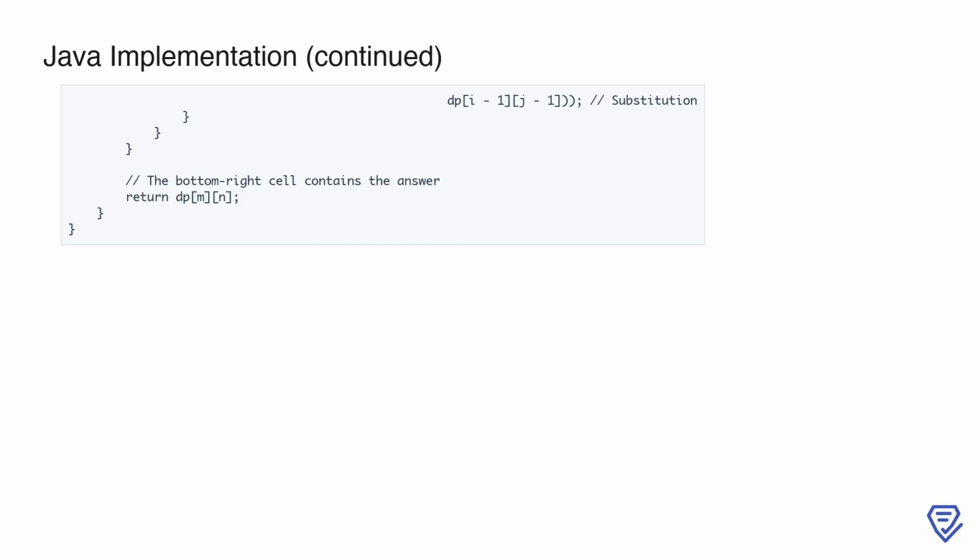This way, the table is filled row by row, with each cell representing the minimum edit distance for the respective substrings. Finally, the bottom right cell of the table, DP[m][n], contains the answer to the problem, the minimum number of operations needed to convert word1 into word2. This approach ensures that we systematically evaluate all possibilities while leveraging previously computed results to optimize the solution using dynamic